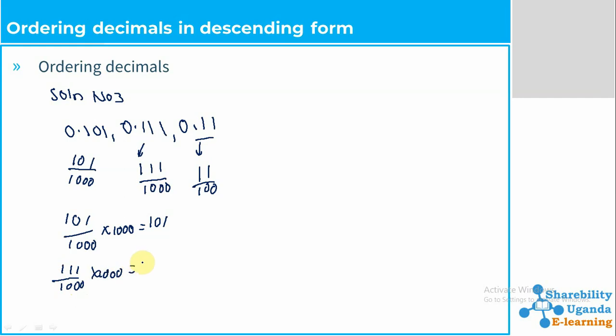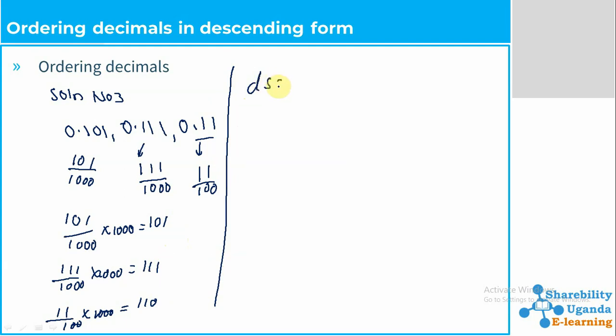Okay, here we shall get our 111. Then we get our 11 out of 100 times 1,000. So we cancel this. This should get 11 times 10, which is 110. That's right. So now arranging them to